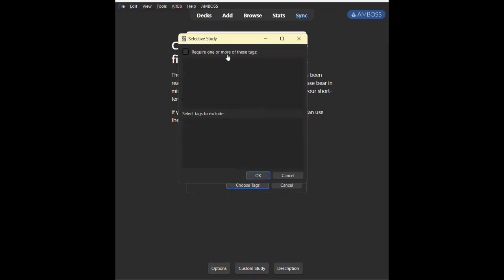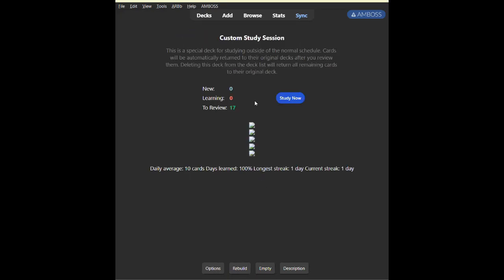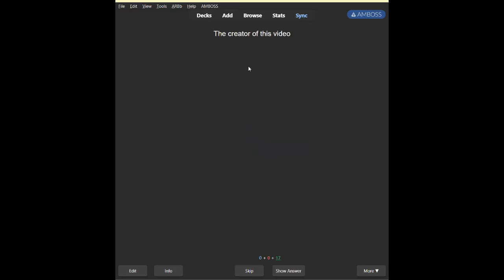In this deck, we did not have any tags, but the tags would appear here. You can click on the tags that you want to include and click on the tags that you want to exclude. Let's say you're already good at a certain topic that you've tagged. You might want to exclude it. You can click on it here. But anyway, let's move on first. There we go. Custom study session. We created it. 17 cards in total. It will now lay it all out in random order. Let's go.